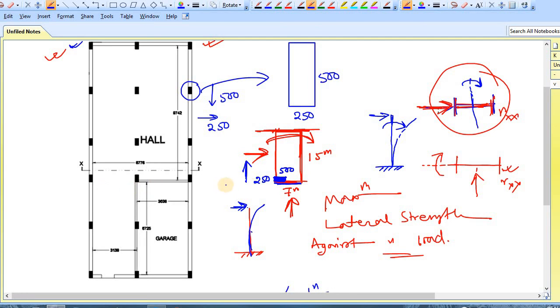So to strengthen the building in this direction, we need to reorient this column.